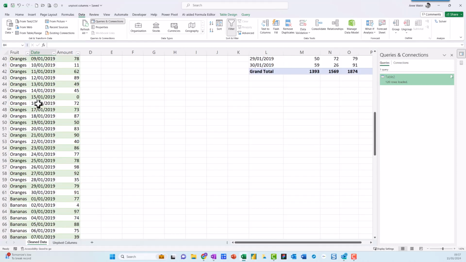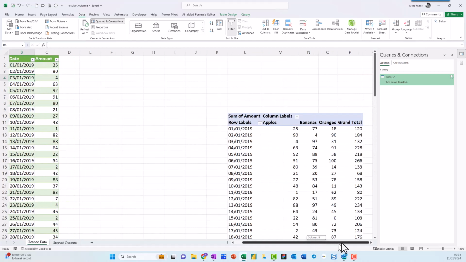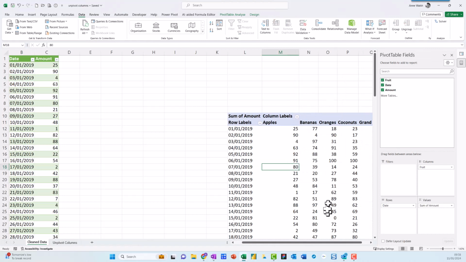I've got my coconuts. But I still need to do a refresh on my pivot table. So I just do a right click and refresh. There we go, got the coconuts. And in the same way, if I change any other data, this would also be changed as well. And that's one of the beauties